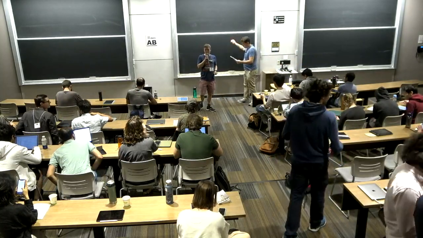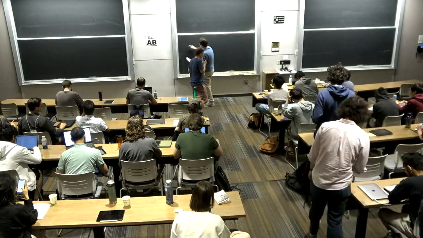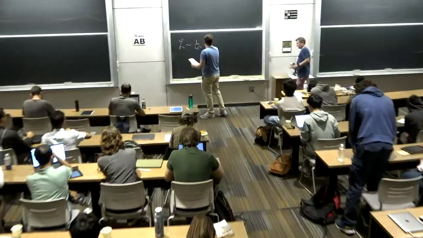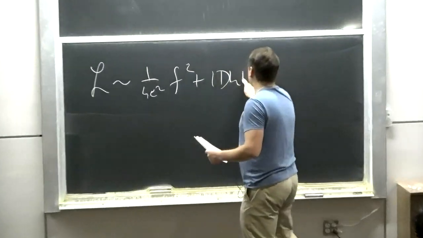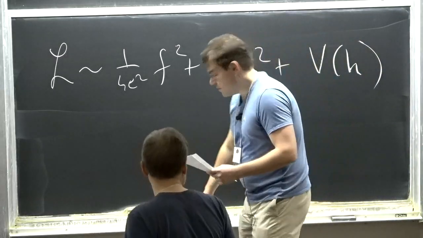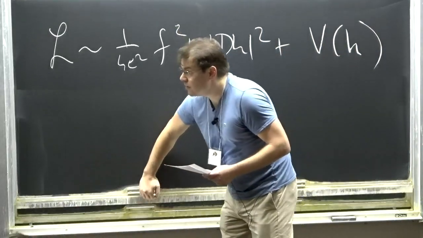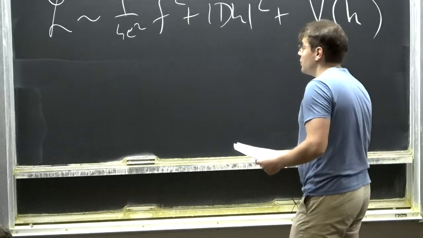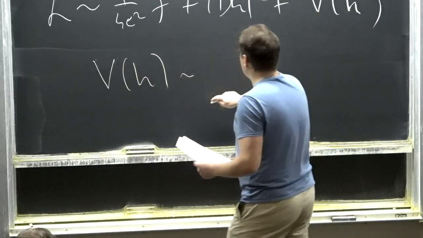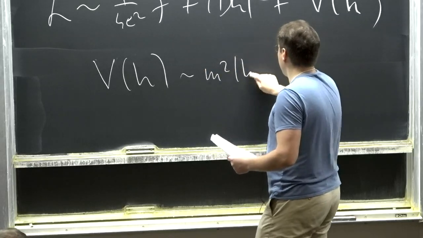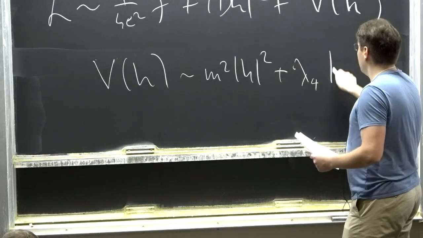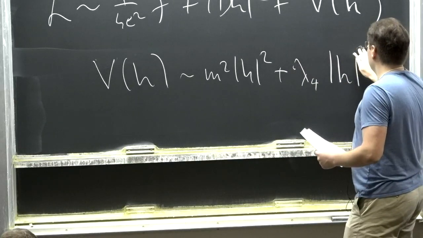All right, let's resume our discussion of generalized symmetries with Thomas. All right, so let's continue our discussion of this abelian Higgs model with the charge Q scalar. And we discussed the Coulomb phase that you get for positive masses. Now I'm going to discuss the Higgs phase for negative m squared.